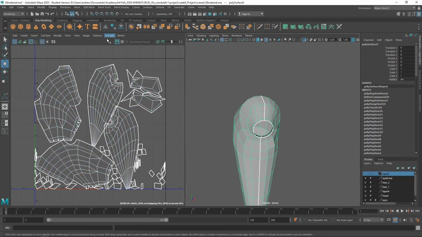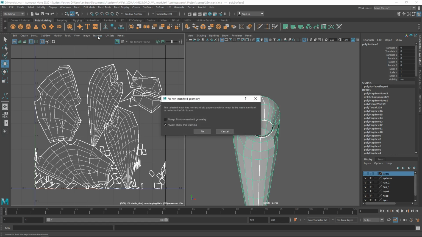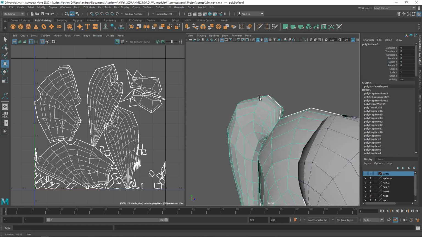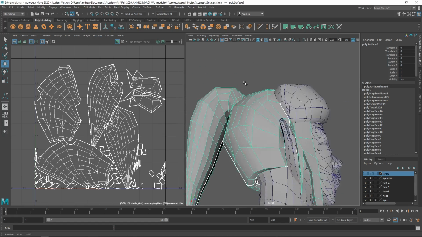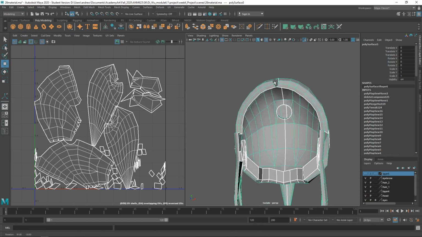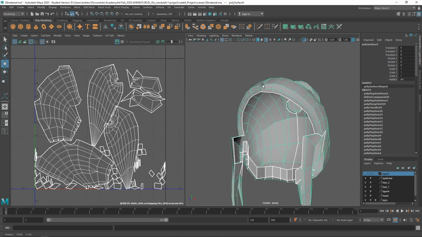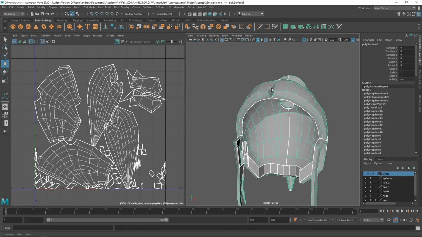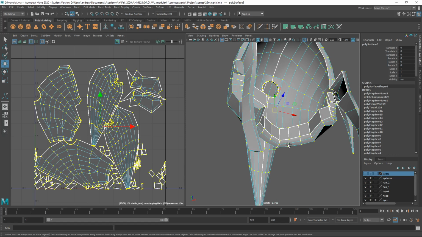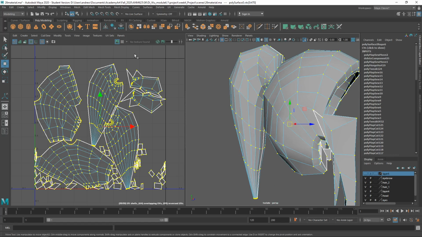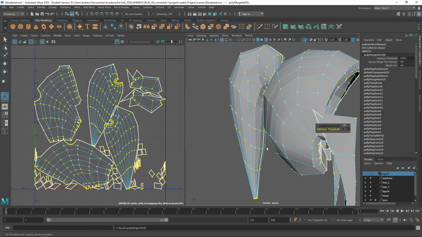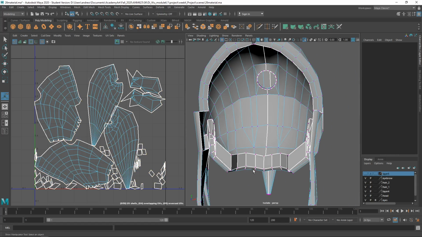And let's try unfolding again, see if it gives us that error. Oh, there's more geometry problems here. Okay, let's unisolate this and look at the rest of this. Oh, okay, you've got this whole bit here. Well, let's do the merge thing with the whole surface then. Edit mesh, merge, okay, and then